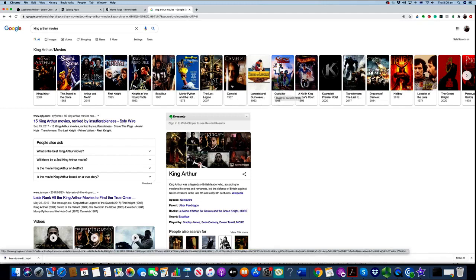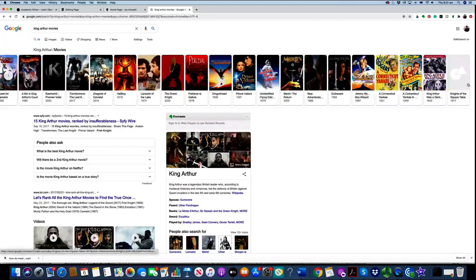But you see something else, there's been Disney versions and all that sort of thing. But you'll notice something else if you scroll through all these movies. You'll see how different versions of the story feature different characters. There are several characters in this particular story. There's King Arthur, but there's also one of his loyal knights called Sir Lancelot, and Lancelot becomes the main character in some of these stories here and here. He also has a court wizard called Merlin, and Merlin is the focus of many of the stories. So the relationship between Arthur and Merlin, and also, of course, very importantly, King Arthur's wife is called Queen Guinevere,